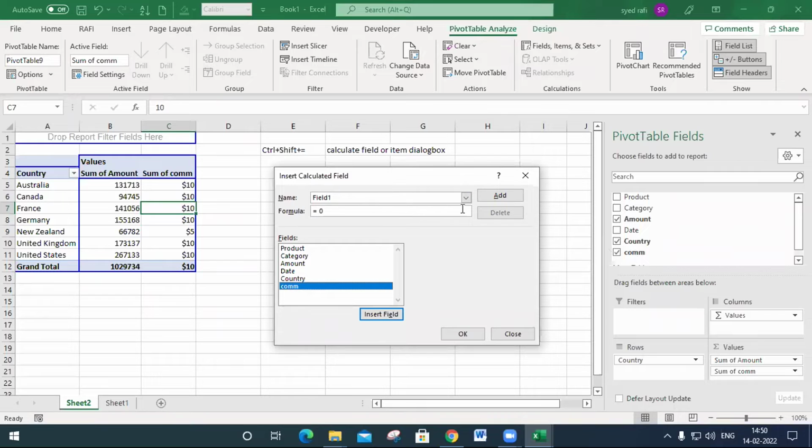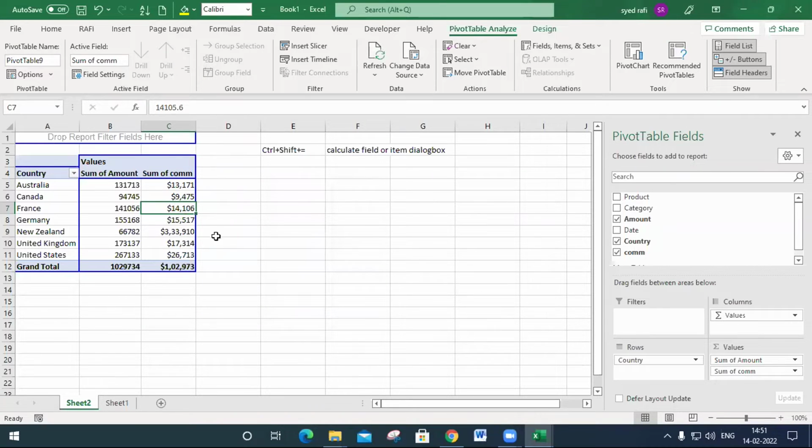You click here and click this one, and automatically it shows the calculation you made. Also you may do something like into 10%. Will 10% be calculated or not? Let's check. So amount into 5%. Okay, automatically it will be calculated. The 5% and 10% calculation will happen here. In this manner we may calculate.